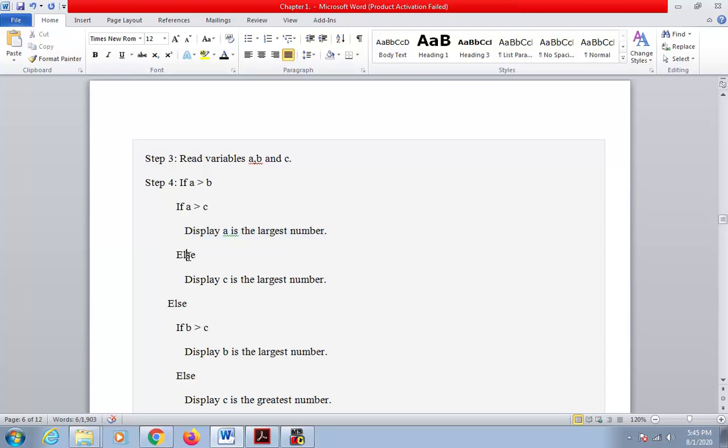Otherwise, else means otherwise, C would be the largest, because A is greater than B. This is confirmed. But if it is not confirmed that A is greater than C also, that means C would be the largest, because A is greater than B, so B has remained the smaller one, and A is smaller than C. That means the greatest is C. Okay? So in programming we will